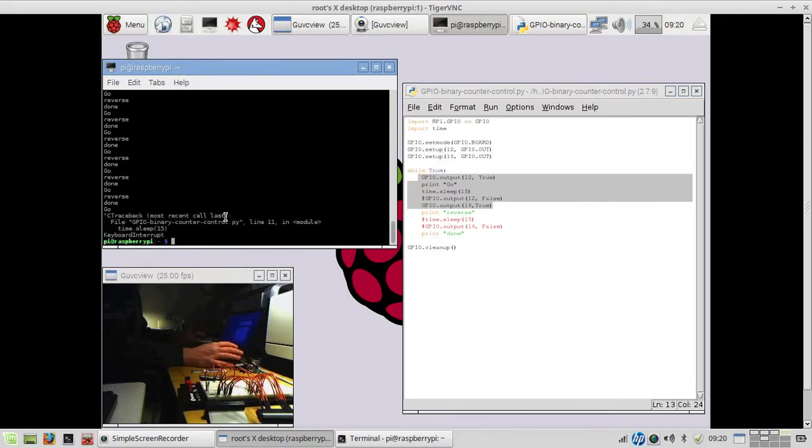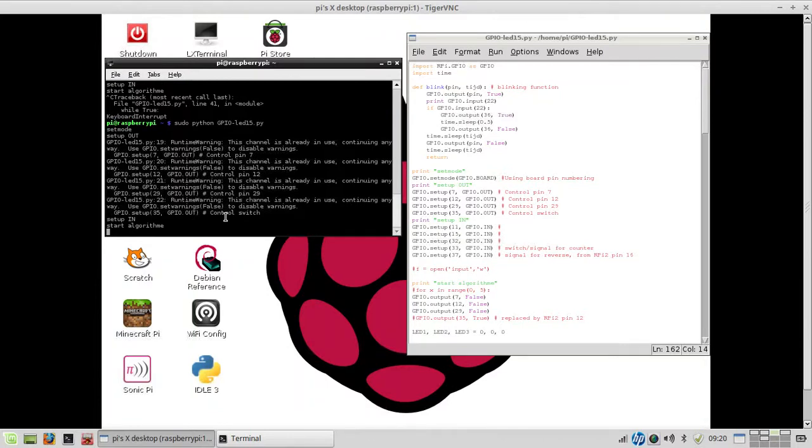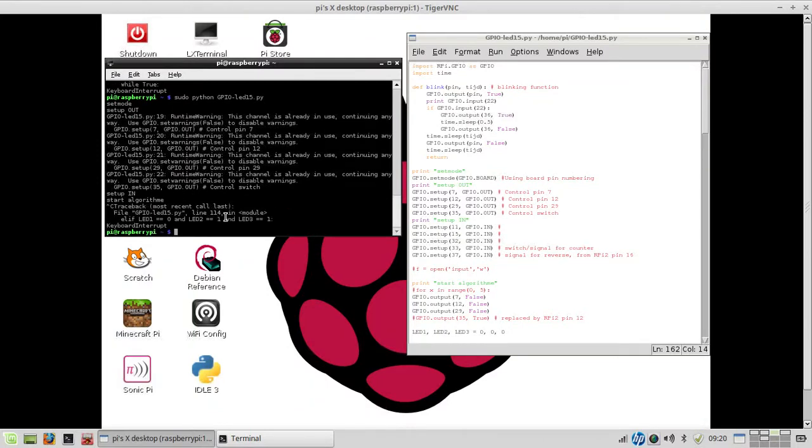So I end the algorithm here, and it says else if LED 1 is 0, LED 2 is 1 and LED 1 is 1, which is the binary representation of 6, but it should go on. So I start it again,